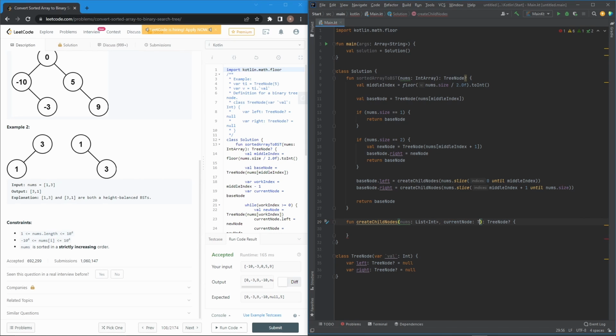current node is a tree node. And we'll pass that in as base node here. Base node. So basically our base case for this is going to be a recursively called function. Our base case is going to be similar to these if it's either 1 or 2. So it's going to be similar. So if